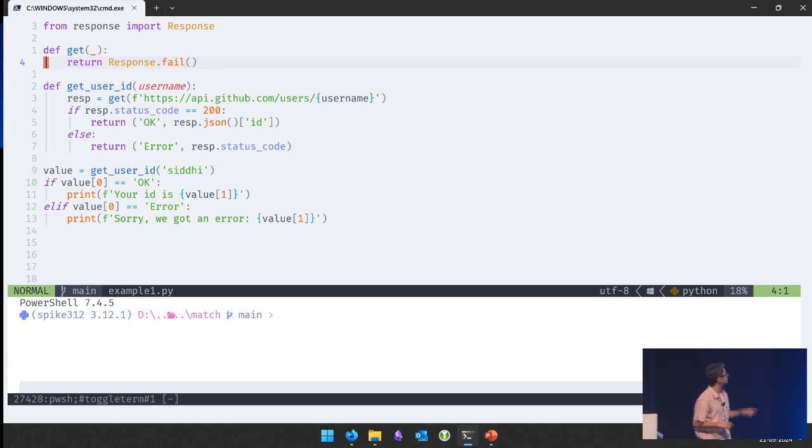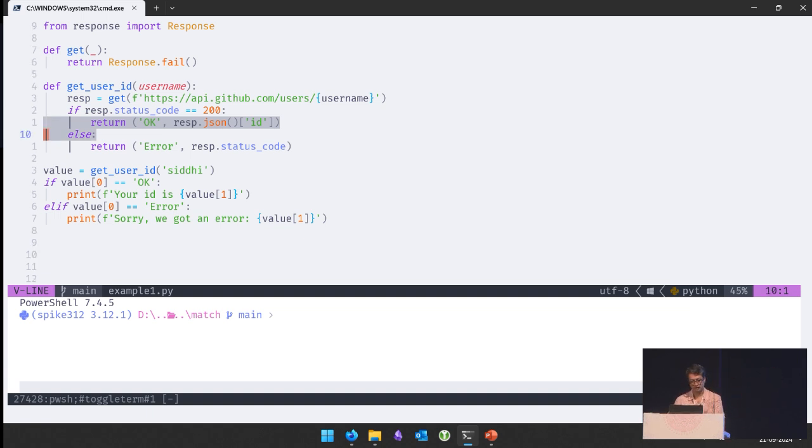So here we've got an example. Can you all read from the back? Okay. This is just dummy code. Imagine you have some API. I've got here a call to an API, and this function returns two things. If it's a success, it returns a tuple with OK and some value from the response.